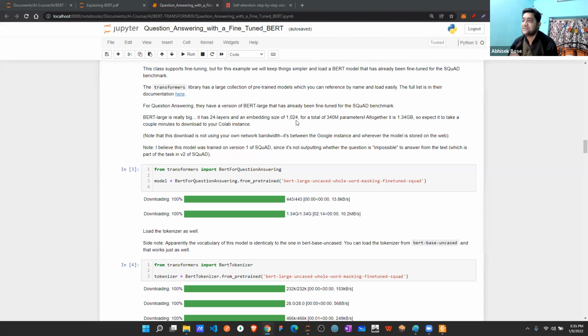Embedding size is 1024, and embedding size means the vector size. In total there are 340 million parameters. You all know, we discussed this in NLP. Altogether it is about a 1.34 GB database.